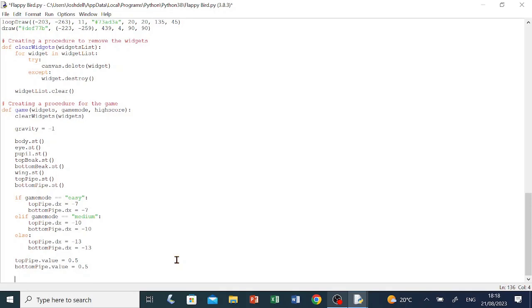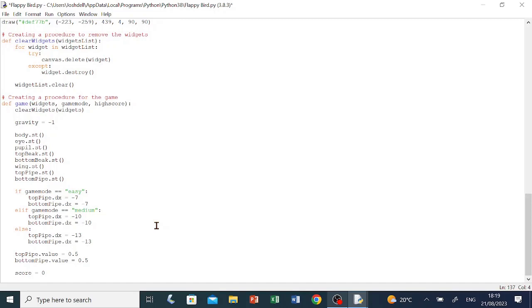We also need to set the score and the high score. We need to set the score to 0 and the high score to the previous high score, because in this game the high score is saved from the previous attempt. So we don't need to set it to 0, but we're setting it to high score itself. We're passing it as a parameter in this procedure, as you can see here. So let's set the score to 0, score = 0, enter. Now let's set the high score = high_score,